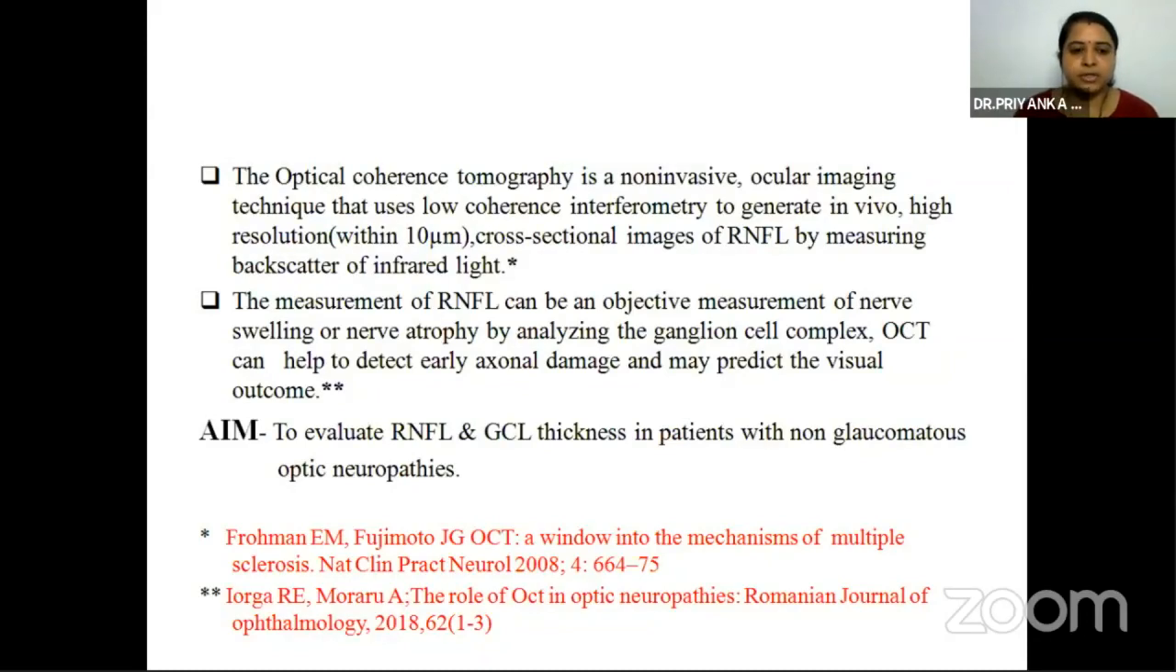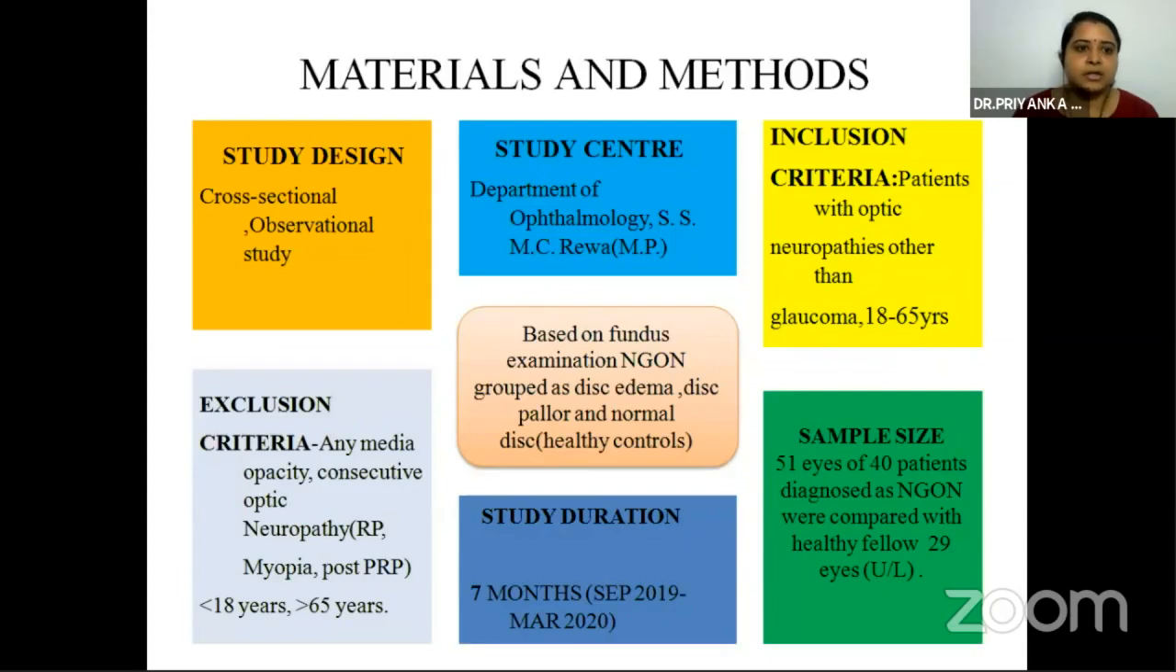My aim of study is to evaluate RNFL and GCL thickness in patients with non-glaucomatous optic neuropathy. My study design was a cross-sectional observational study conducted in my department. Inclusion criteria was patients with optic neuropathies other than glaucoma, in the age group 18 to 65 years. Exclusion criteria was media opacity, compressive optic neuropathy, and excluding the age group less than 18 years and more than